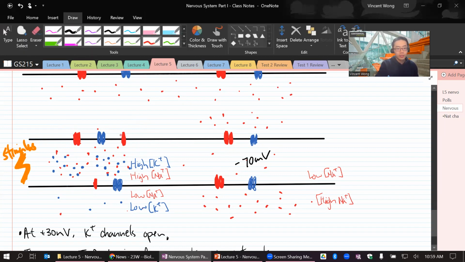There. Okay, so we are at the peak right now at +30. Okay, we can close all these doors. Potassium channel is going to open next, sure, but we're not going to focus on that. We're going to focus on the sodium. Okay, so we have a lot of sodium here, and don't forget,